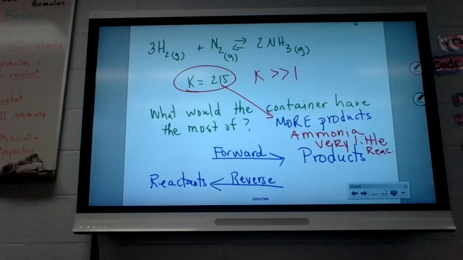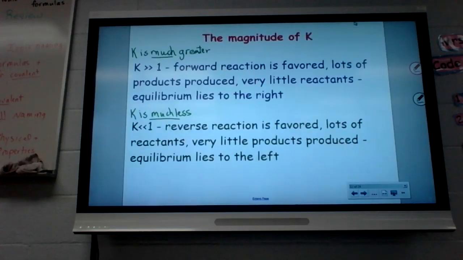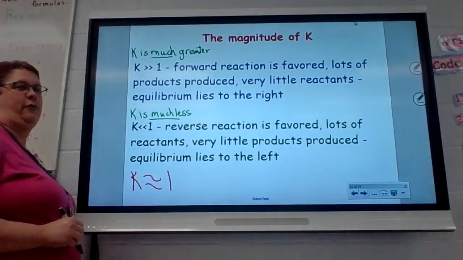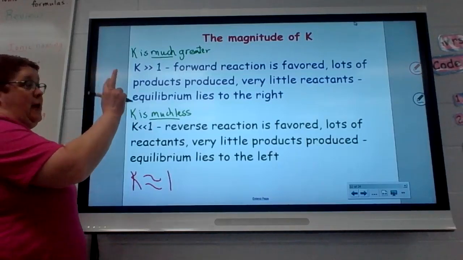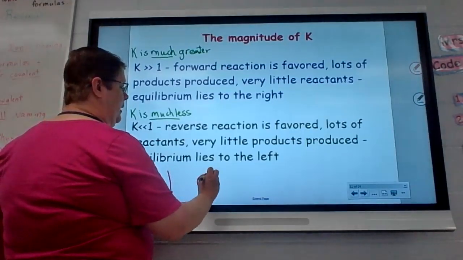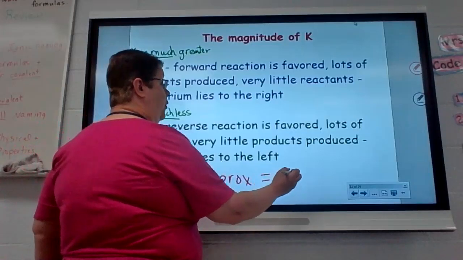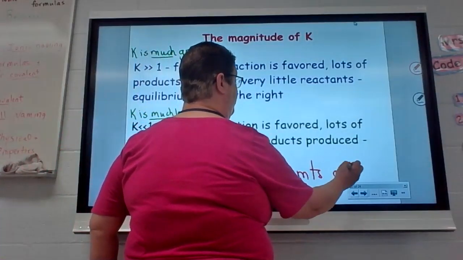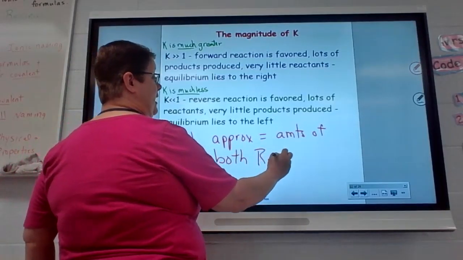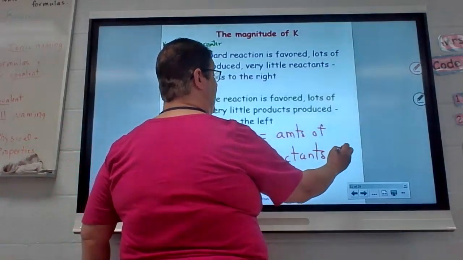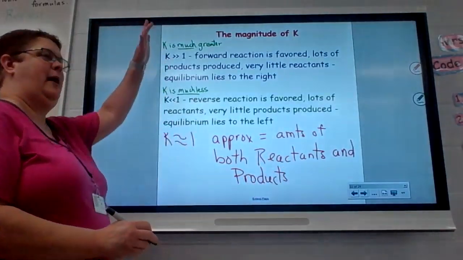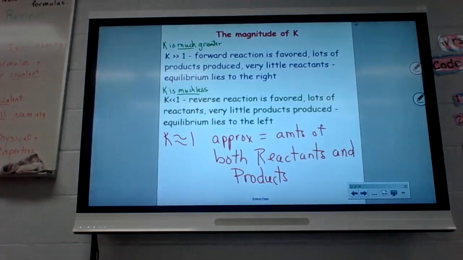Now, the one thing we didn't talk about is what if K is approximately equal to 1? What would happen here if K is approximately equal to 1? You'd have approximately equal amounts of both reactants and products. Okay? Now, the reason that we're talking about this, do you remember when we did the evaporation condensation